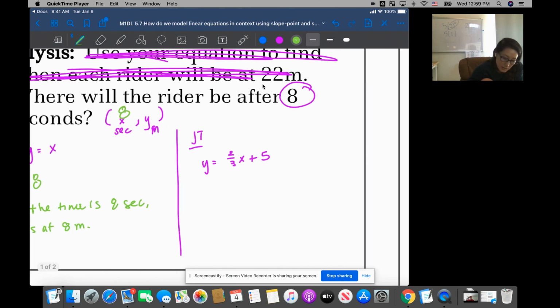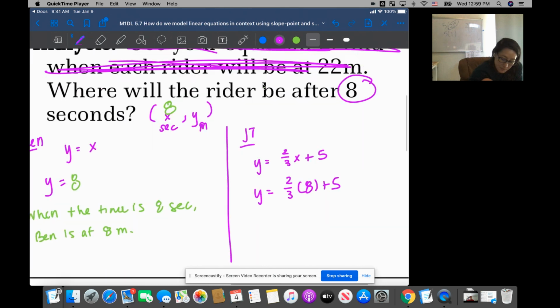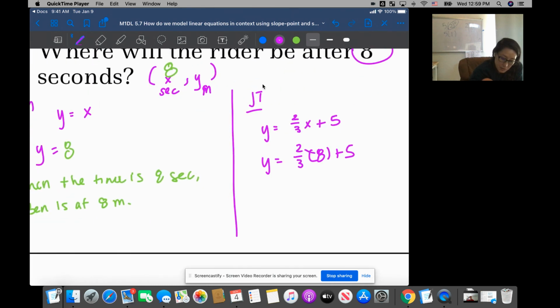Okay, all right, let's do JT's. JT's y value at 8 seconds would be 2/3 times 8 plus 5. So 2 times 8 is 16 over 3, plus 5. Get a common denominator, so times 3. So I get y is equal to 16 over 3 plus 15 over 3, which is 31 over 3,